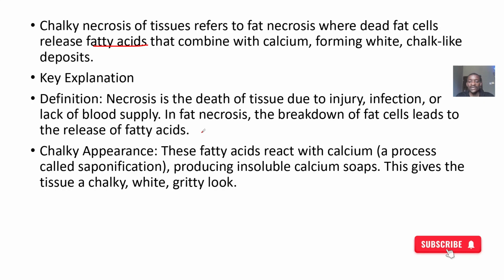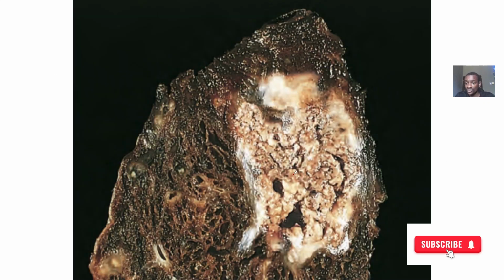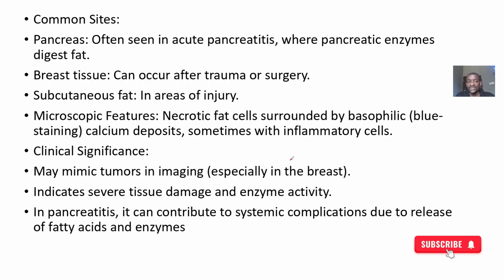So the chalky appearance is fatty acid reacting with calcium, a process called saponification. It produces what? Insoluble calcium soaps. So that gives the tissues a chalky white gritty look. Right? So common sites where you can see this type of necrosis are the pancreas, breast tissues, and subcutaneous fat in areas of